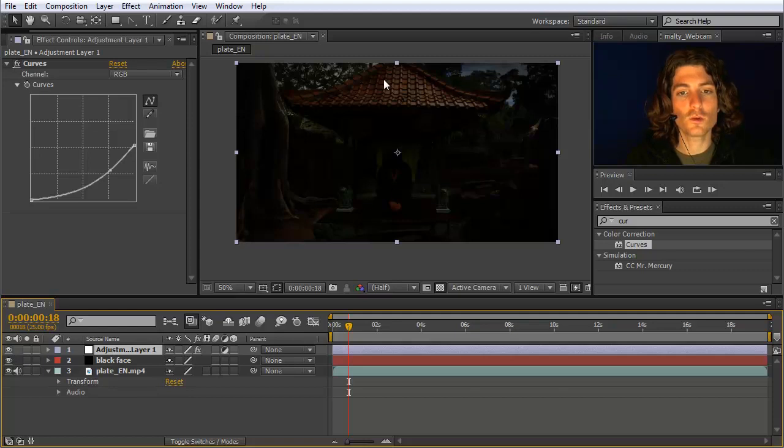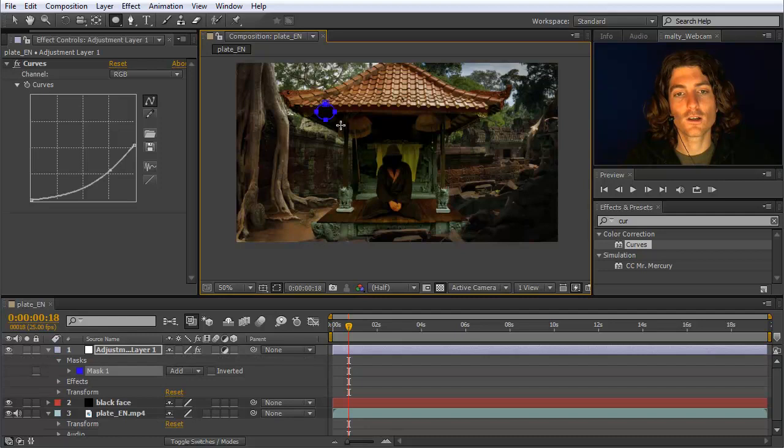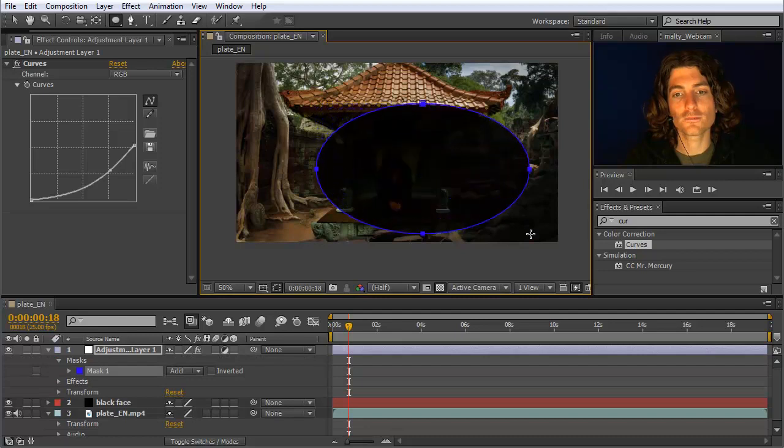But now we want to apply a mask to this layer, and this mask we do not want to apply using the pen tool, but this time, to show you another alternative, we use this tool here that contains certain predefined mask shapes. So you can easily draw rectangles, rounded rectangles, ellipses, polygons, and stars. What we want is an ellipse, so we can click here in the composition and drag, and now we have a perfectly